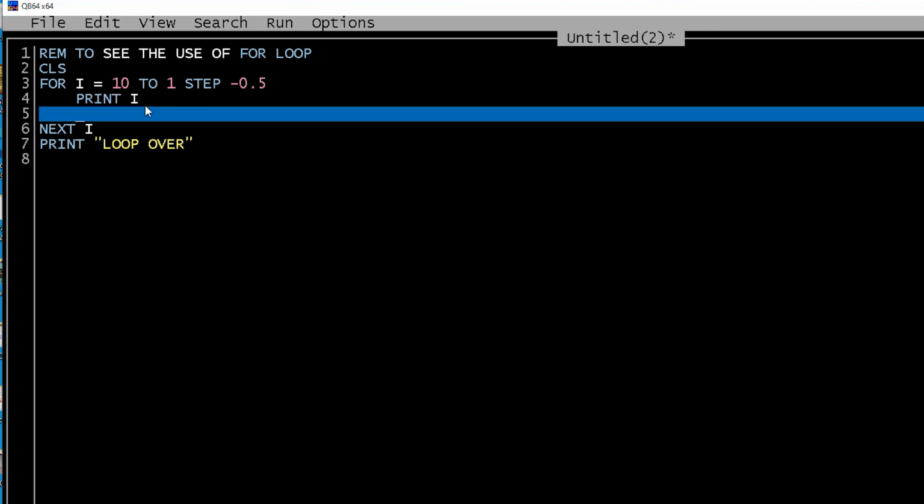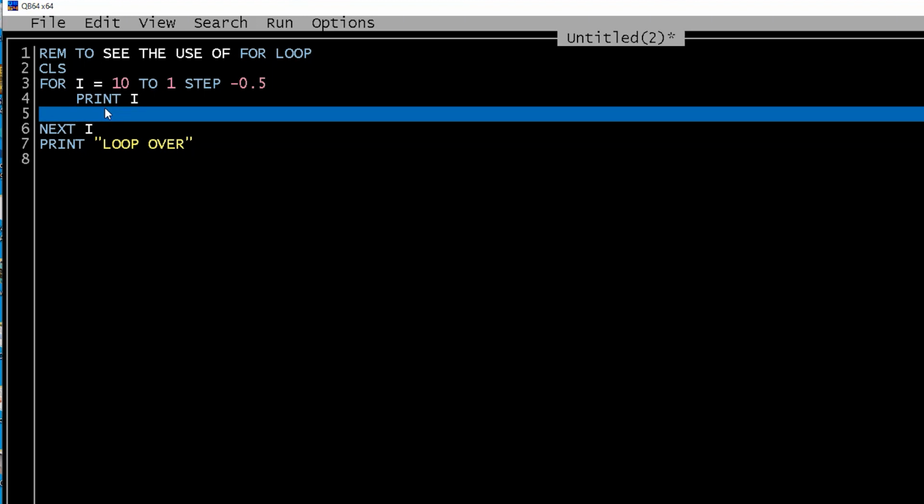So for exiting from the loop, I make use of the exit for command. The exit for statement is used to exit from the loop without completing the loop. Like in between, I say, no, it's enough. I don't want more rides. So I just come out. I say, okay, finish, I will make use of my coupon somewhere else. So here I make use of the exit for command.